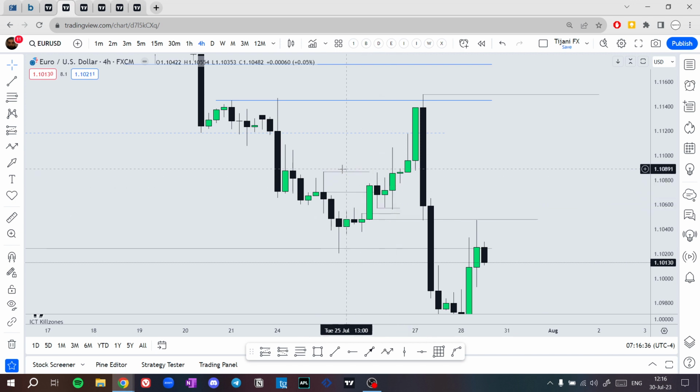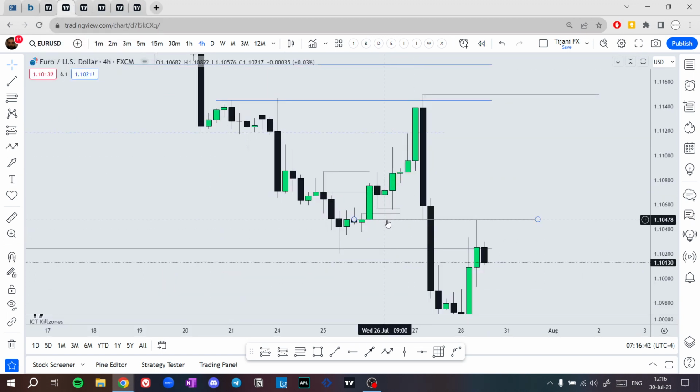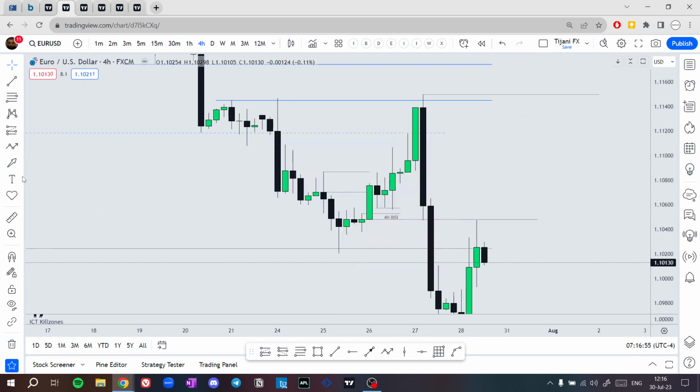You should just trust your dollar, how the dollar is printing, and enter at this fair value gap here. So this is the weekly, the 4 hour CB, the 4 hour BC, right? An entry here